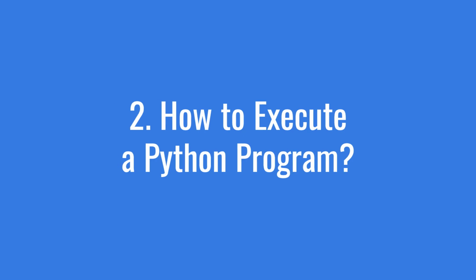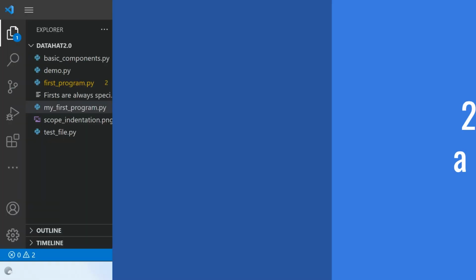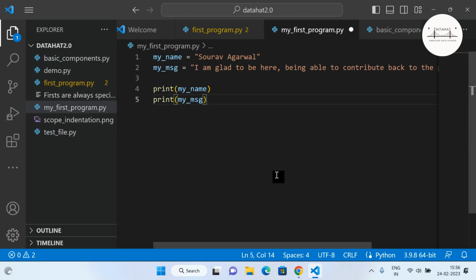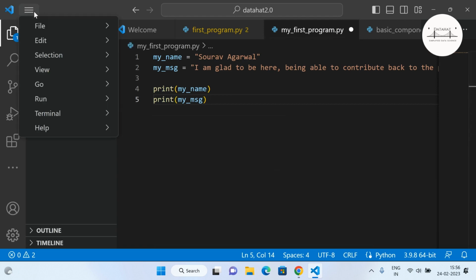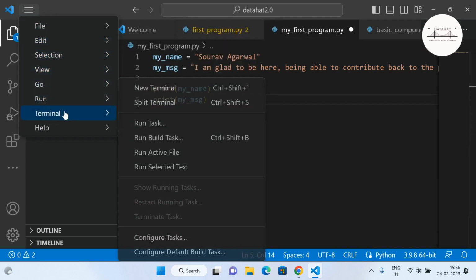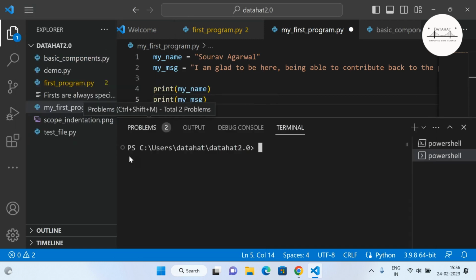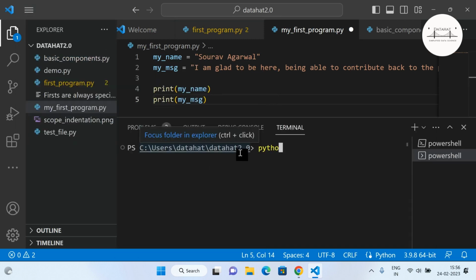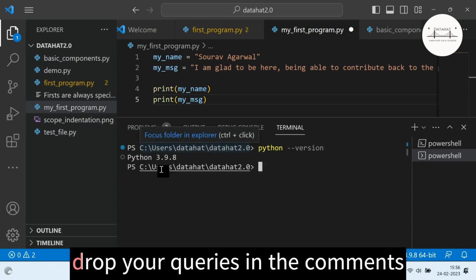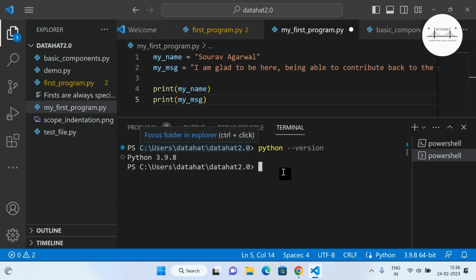Now the second question that we need to answer is how to execute our Python programs. So for this, let me show you step by step in VS Code. Head over to the section, open terminal, create new terminal. In the terminal, you must have Python set up. If you have followed the lecture on setting up Python, then you would have Python 3.9.8 installed and available in your terminal here. Now what we need to do is,